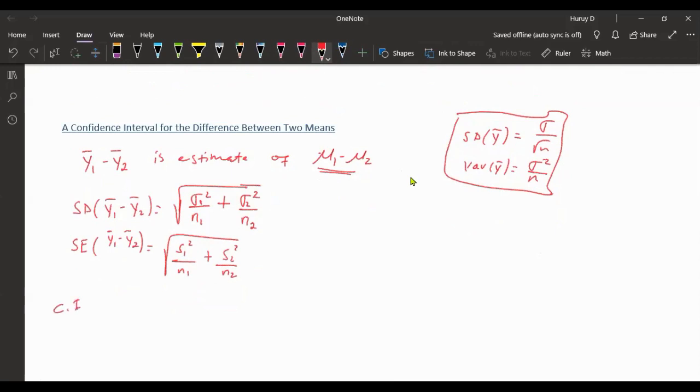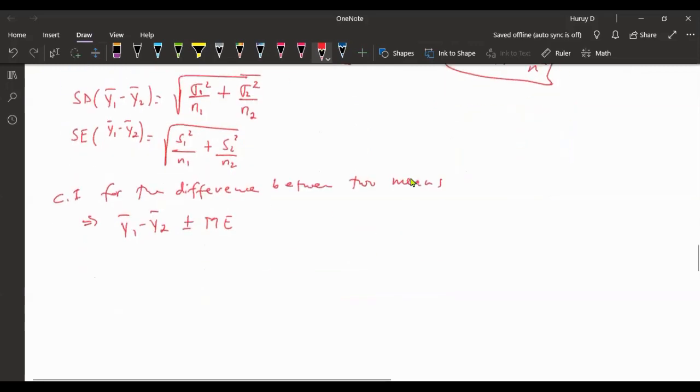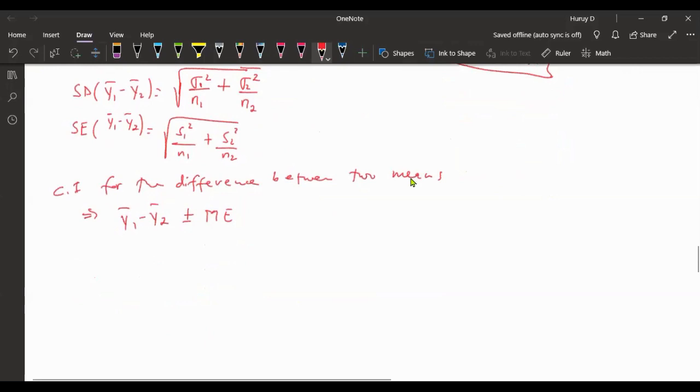So the confidence interval for the difference will be y bar 1 minus y bar 2 plus or minus the margin of error. So what is the margin of error? Of course, the margin of error is given by,